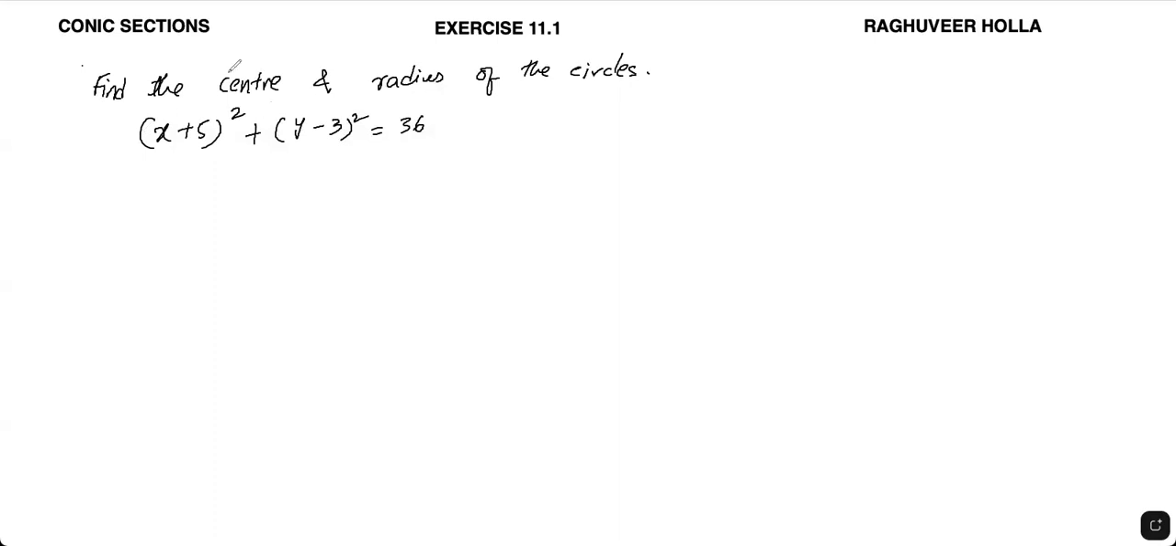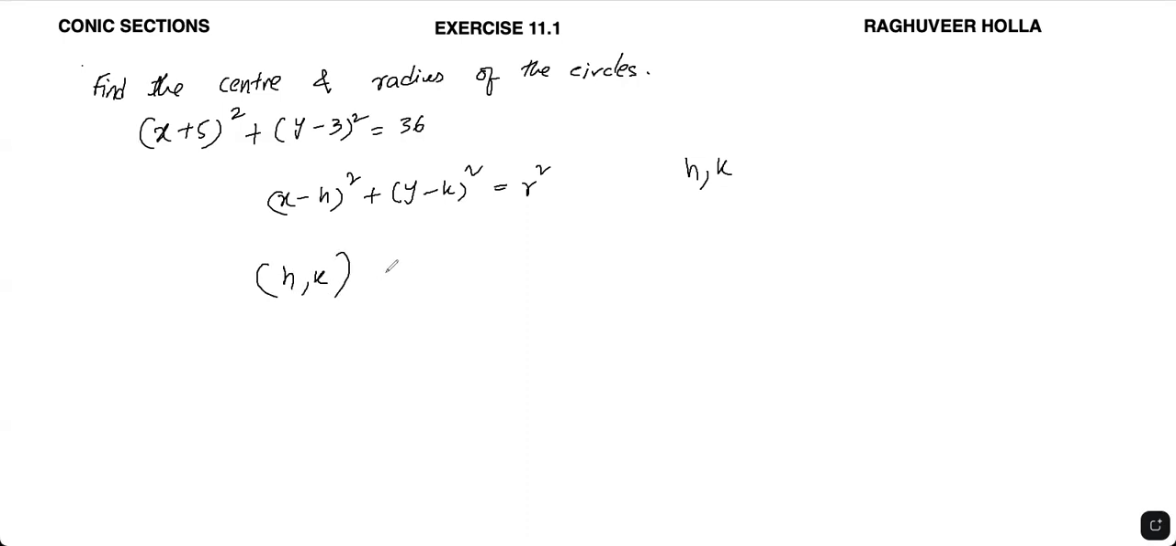Now let us have a look at the other way around, where you have to find the center and the radius of the circle for the given equation, which is (x + 5)² + (y - 3)² = 36. Now we know the general form of the equation, which is (x - h)² + (y - k)² = r², where (h, k) is the center of the circle and r is the radius. So when you compare with this, you get h, k,